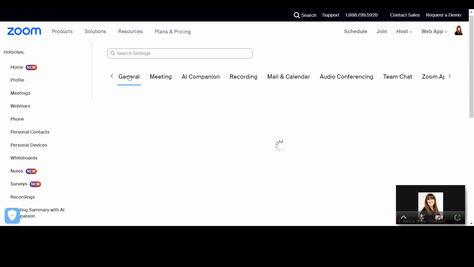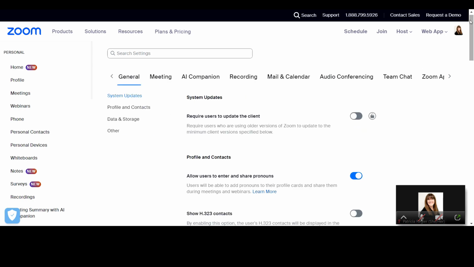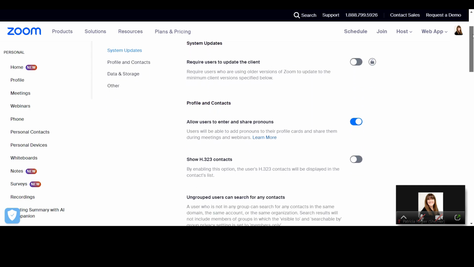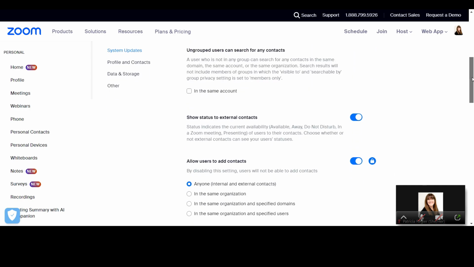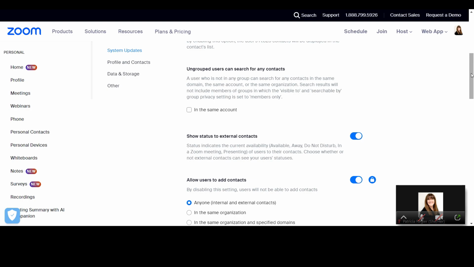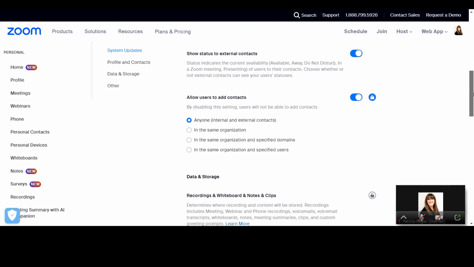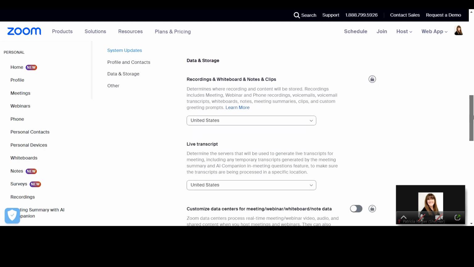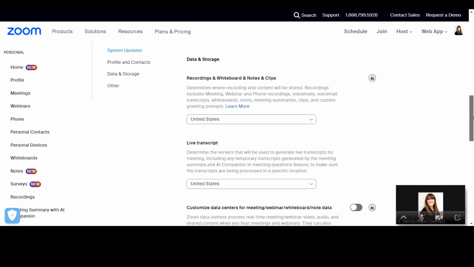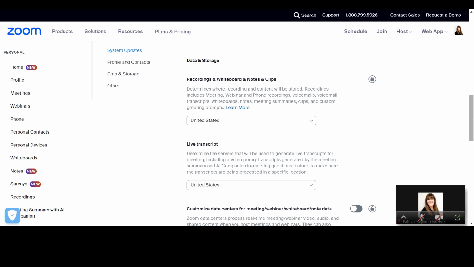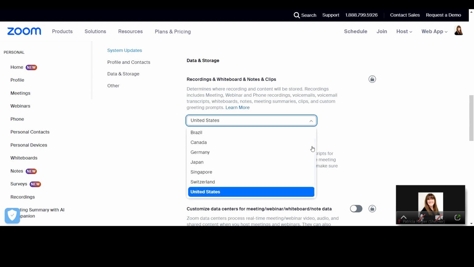And I want to go to general to see if there's anything, especially with accessibility. So there's definitely new stuff here. Ungrouped users can search for any contacts. It's interesting. So data and storage determines, now I am in Canada, but if I change this, it could